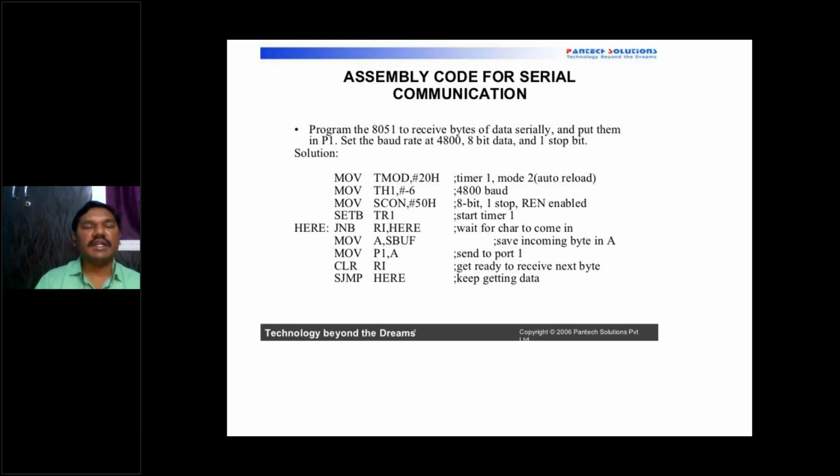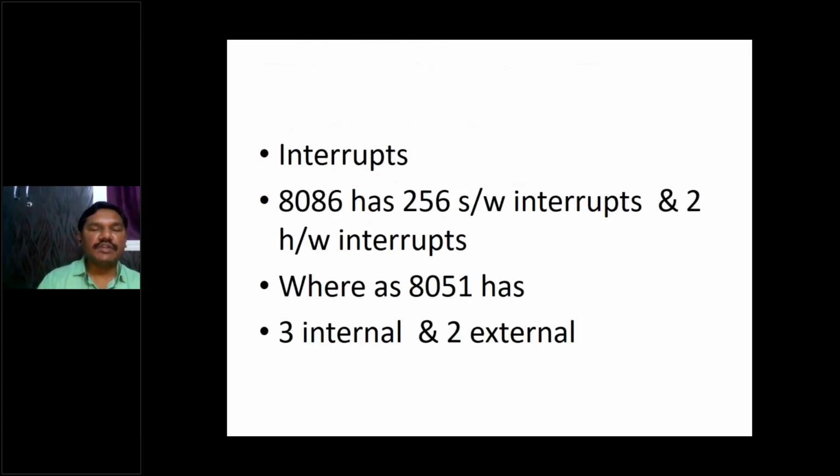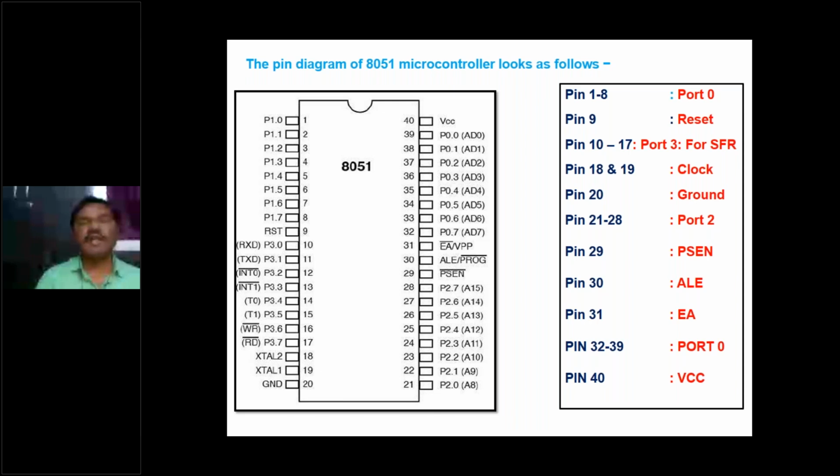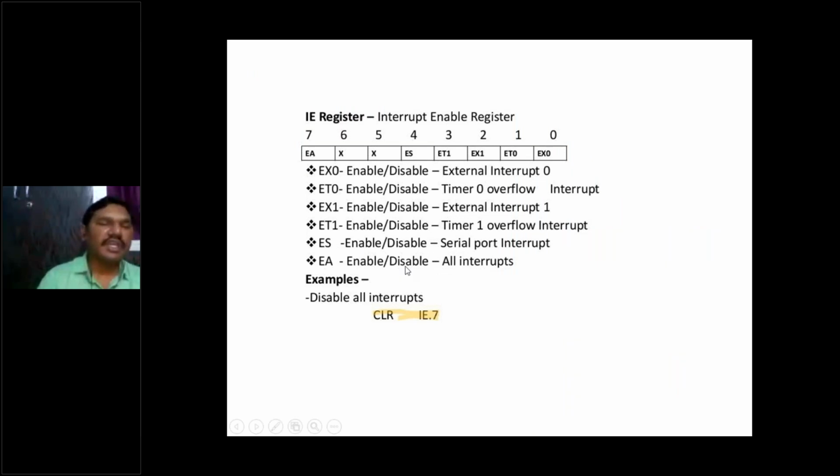TR and NMI, whereas 8051 has a total of 6 interrupts. One is reset, the internal interrupts, and 2 external interrupts. Okay, here you can see that INT0 and INT1, these two are called external interrupts. Timer 0, timer 1, and TI by RI are called internal interrupts.